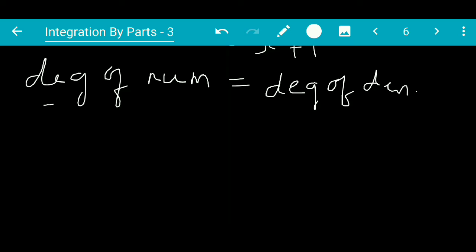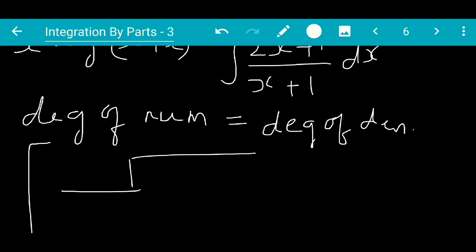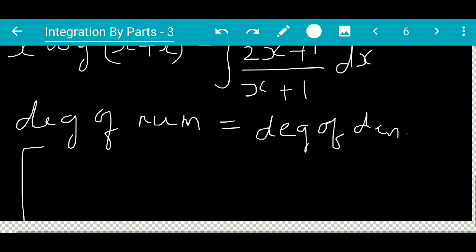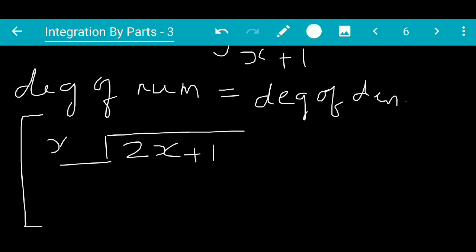Remember, this is rough work. So we can write it this way. Well, let me do the rough work in the bracket for you. They do not expect you to show this step, but yet it has to be done to find the further answer. So when we divide the numerator with the denominator, let me divide it in a better manner so that you have a lot of space to see the sum. So 2x plus 1 divided by x plus 1.